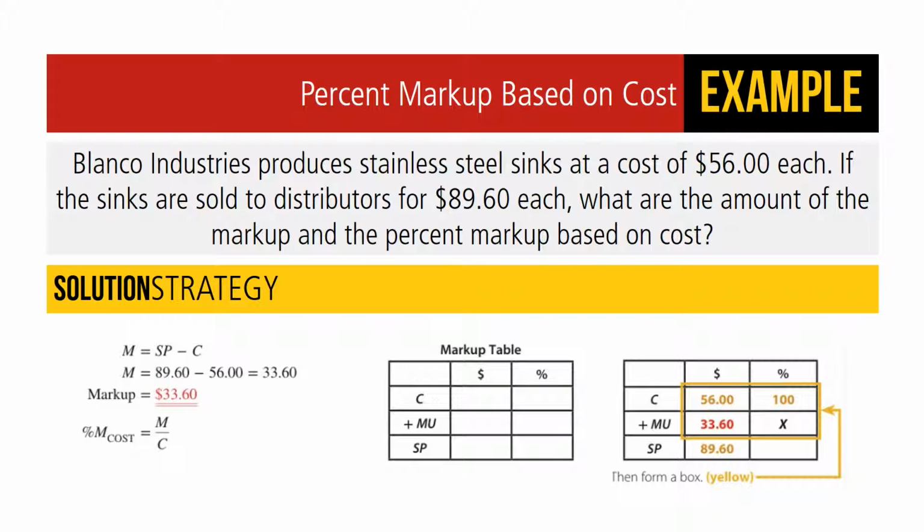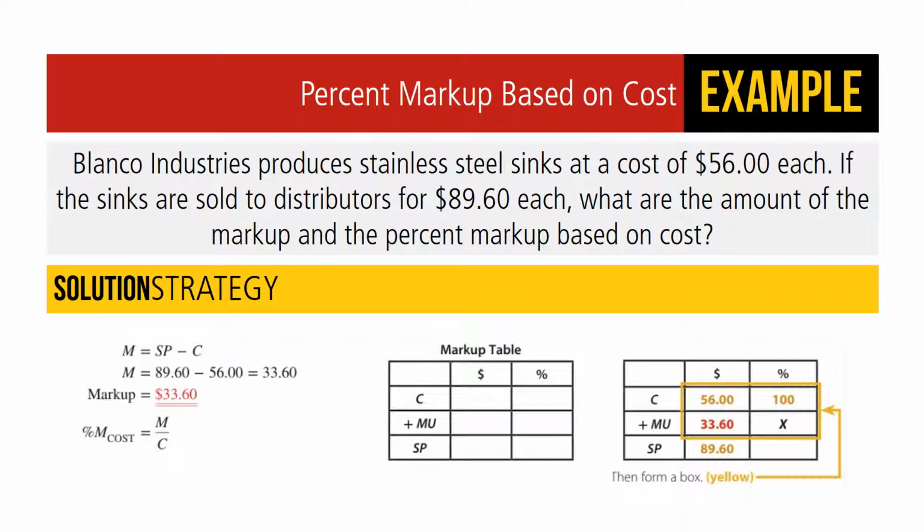Blanco Industries produces stainless steel sinks at the cost of $56 each. If the sinks are sold to distributors for $89.60 each, what are the amount of markup and the percent markup based on cost? A shortcut for calculating the factors of the retailing equation is to use a markup table like